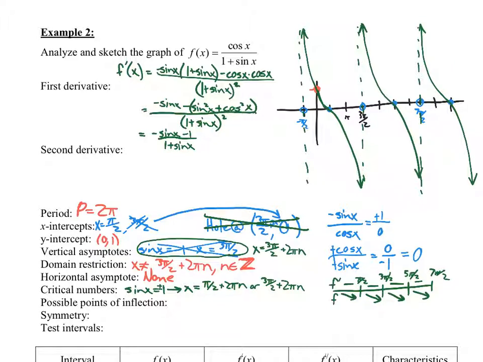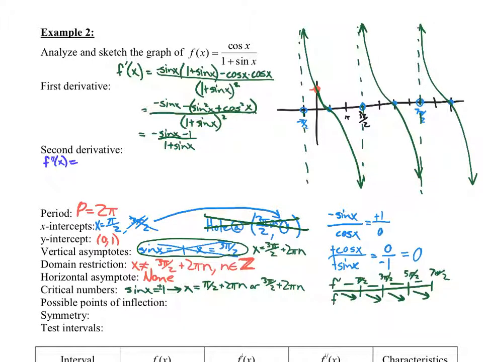Now let's see if working with our second derivative adds any more information to the situation. Okay, so let's do this. Take our second derivative. So f double prime of x is going to be, again, the quotient rule. So we're going to have to use